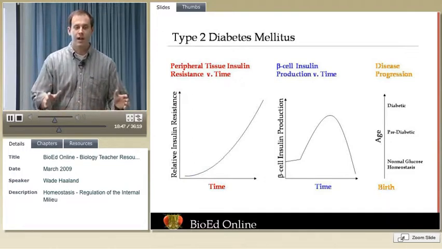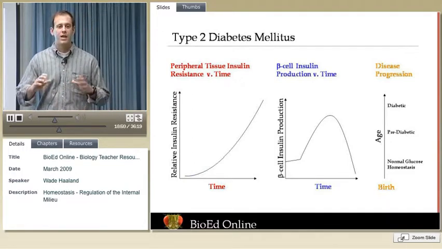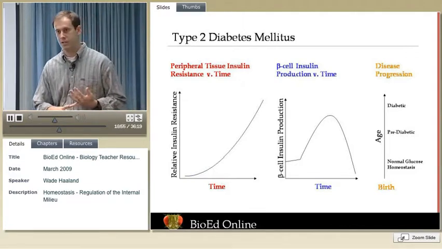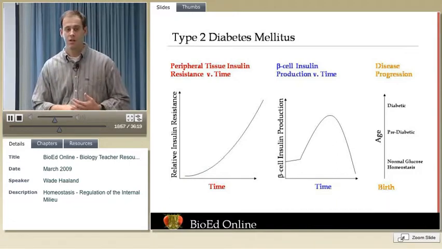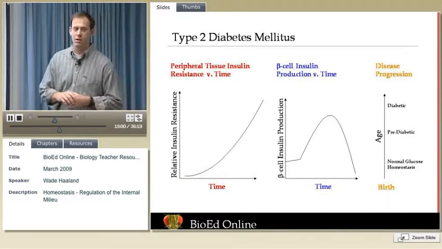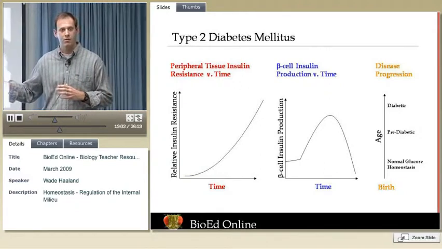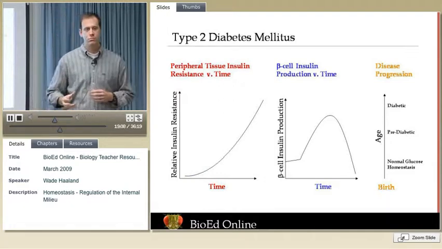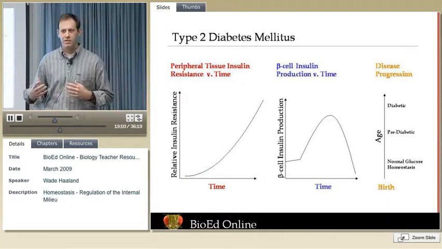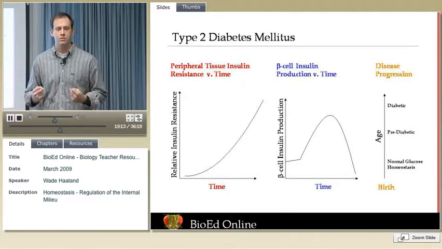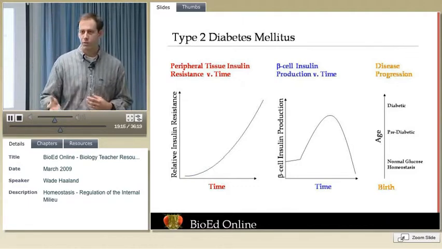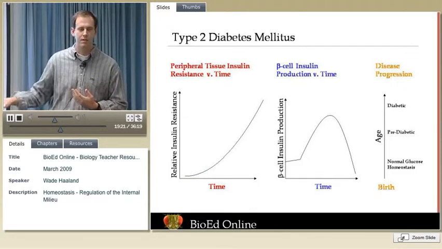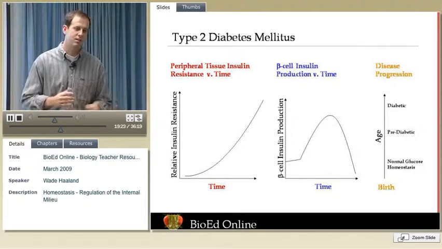That is a great question. Insulin resistance is still something that's not totally understood, but one thing that does lead to insulin sensitivity is exercise. So when we're seeing this type 2 diabetic epidemic that we're in right now, we're thinking that the lack of exercise is playing a huge role in these people's peripheral tissues, because exercise actually sensitizes you to insulin. But there are other things. The amount of fatty foods and fatty acids present in the body can decrease the sensitivity to insulin, things like that. It depends.